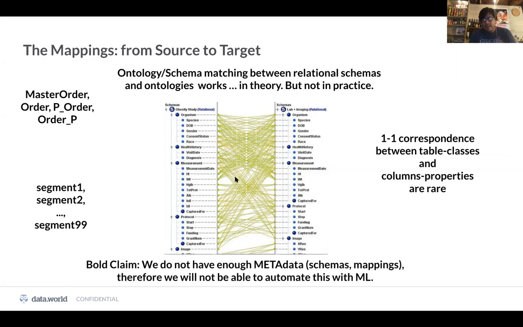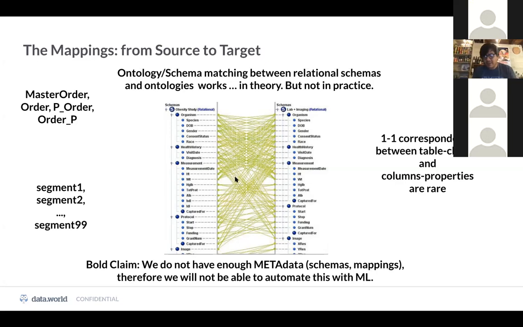So I'm going to stand up and make a very bold claim right now and say that I don't believe we're going to automate this. I think this is an AI complete problem. And the reason I'm saying this is that if we're going to automate and use machine learning, we need a lot of data to train on. We have a lot of data at the instance level, right? I want to know if Bob Smith is the same thing as Robert Smith. But at the metadata level, getting a lot of schemas and mappings, we don't have a lot of them. So it's going to be really, really hard to figure out how to automate this. So I'm starting from the position that I don't think we can automate this. We're going to have to start from a different position.